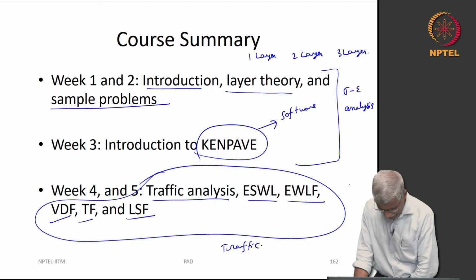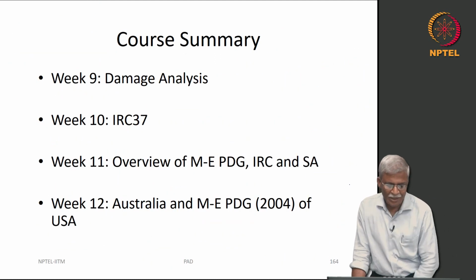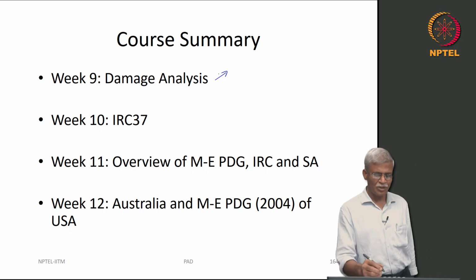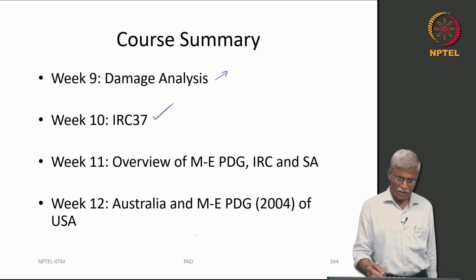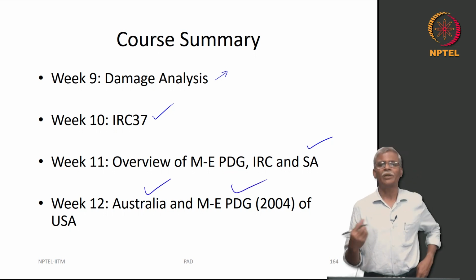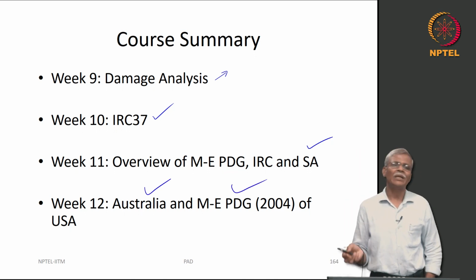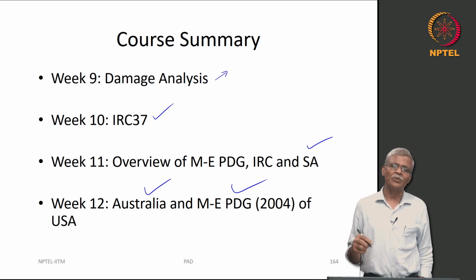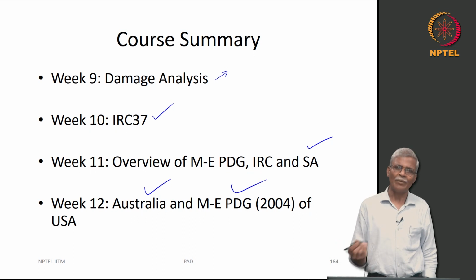Because if you look at it in the next one, the damage analysis comes. After the damage analysis finished only, we talked about IRC 37, South African, Australian and MEPDG, but why did we do AASHTO before? We did AASHTO before because the old AASHTO does not explicitly talk in terms of damage, but